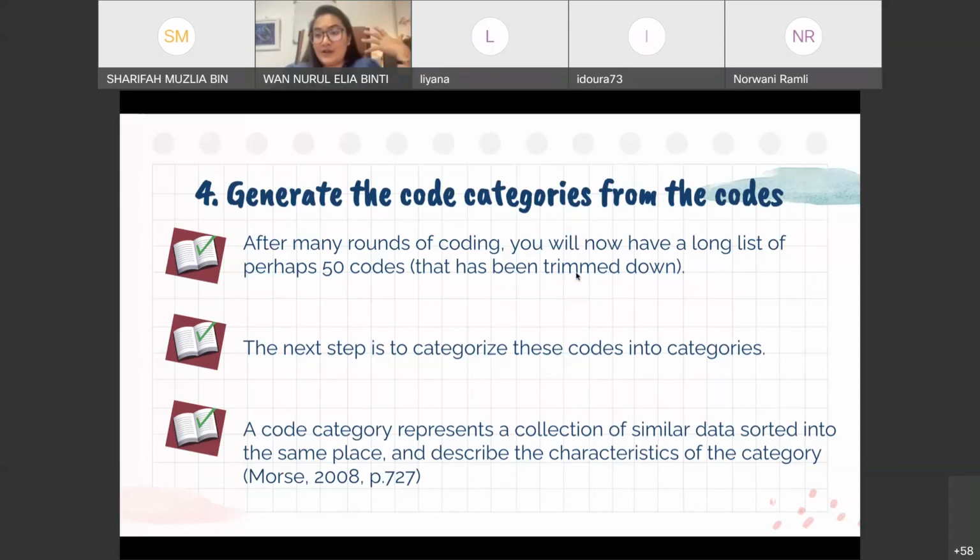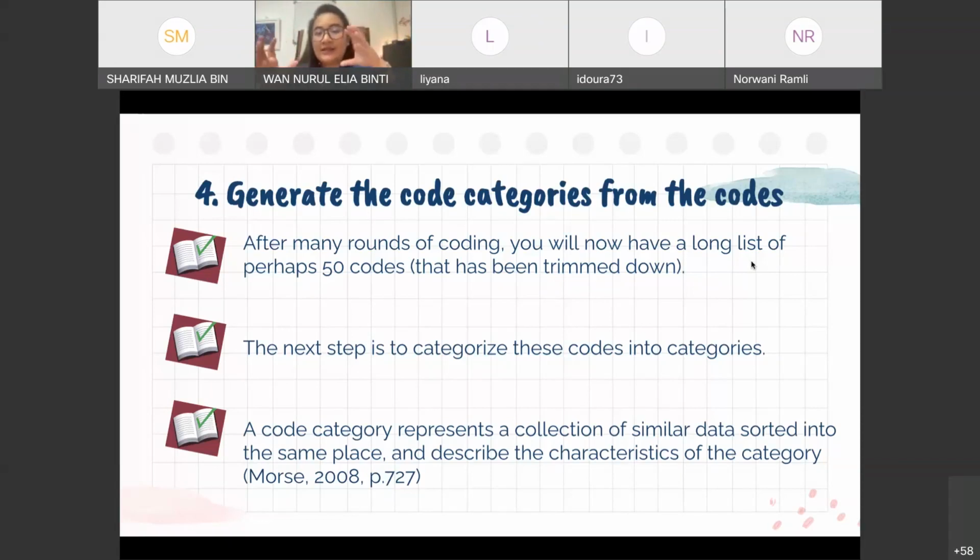If you have a big number of data, you might end up with 50 codes. I think I had more than that. But if it's just 5 teachers and you end up with 20, it's fine. Now this 20, that's why I said it has to be lean. It has to be clean and lean. That means it's economical in number.